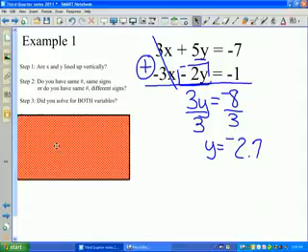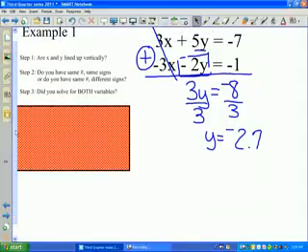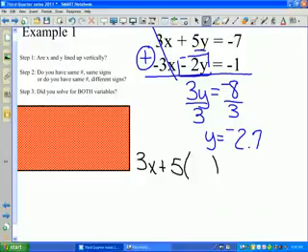Step 3, did you solve for both variables? Ooh, did I? No, I didn't. I just solved for one of them. So I need to plug that -2.7 in for the y in one of my equations. So let's take a look. If I take that -2.7, I can pick any one of those two equations. It does not matter. So let's say I want to pick the first one. I don't know, just because. So the first equation is 3x plus 5y, but instead of a y, I'm going to put that